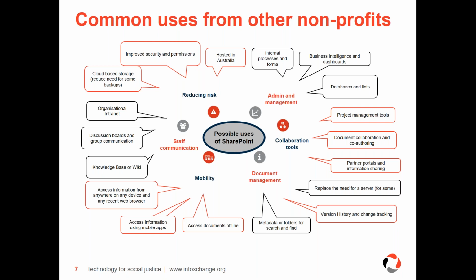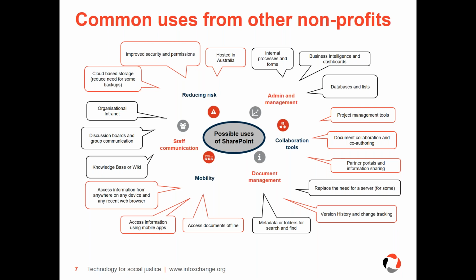You've got project management tools and collaboration tools for when people are working together. There's a basic project management tool within the system that's included in your not-for-profit fees. You've got the ability to set up various partner portals for information sharing with both internal and external organisations.